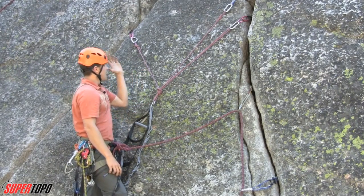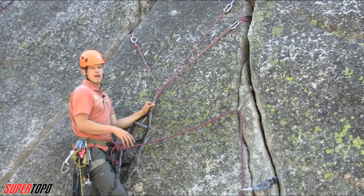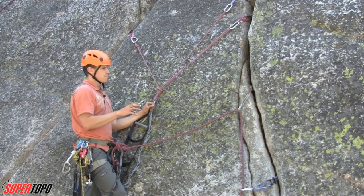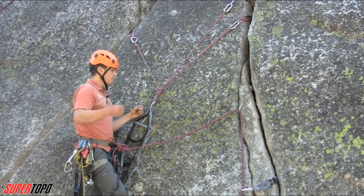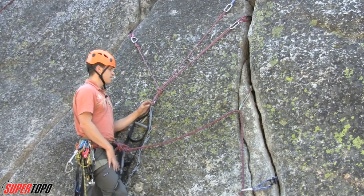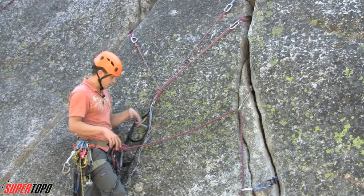So when I get up to the anchor, at first, maybe I'm 10 feet away, I'm calling down to the belayer just to let him know I'm almost there. Let him know to start getting things ready so that as soon as I'm ready, he can just release the bag. We're moving, we're not spending a lot of time hanging out. So get up, build the anchor, then I just